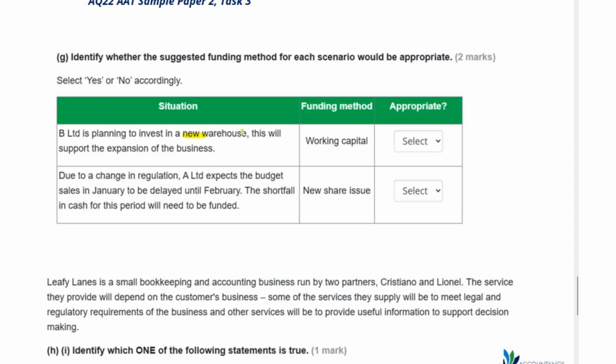So it's about a new warehouse to support the expansion of the business. So this is going to be a fairly large cost. So working capital is going to be our day-to-day operations. It's how do we cover our liabilities.